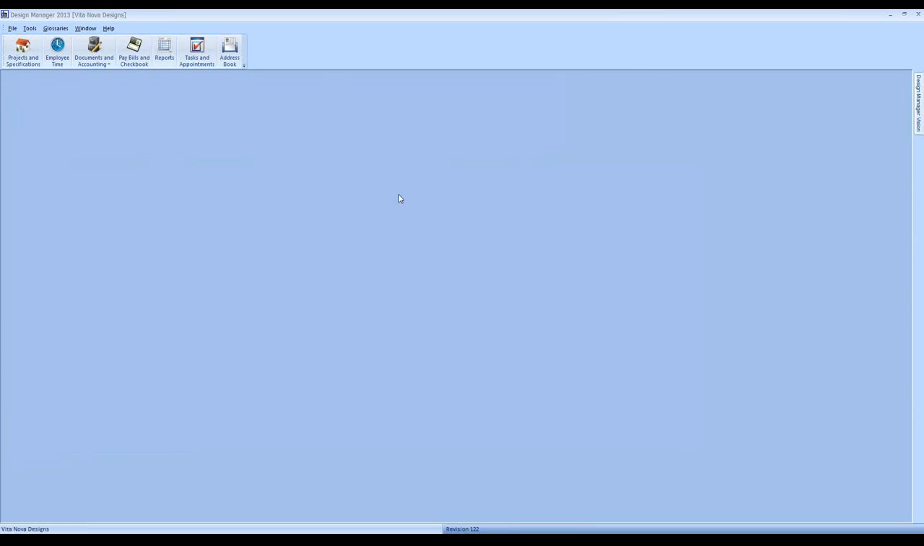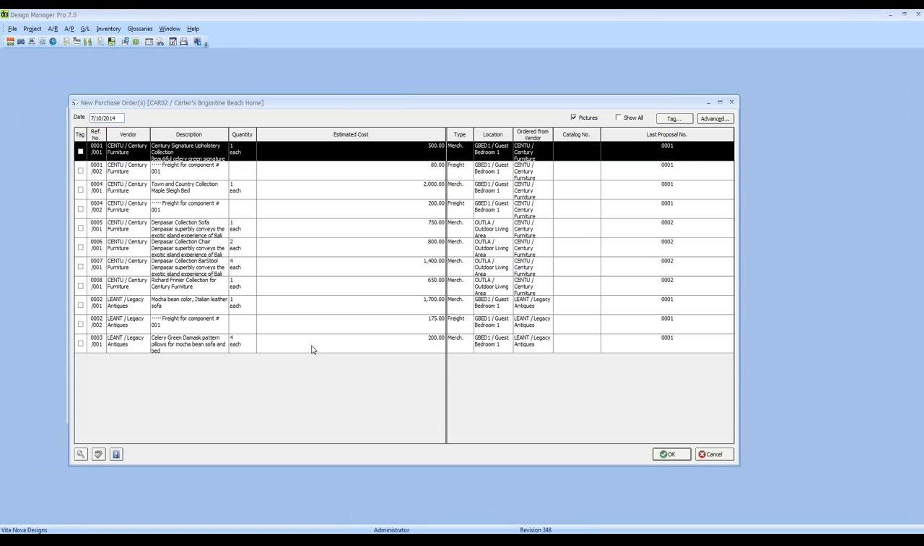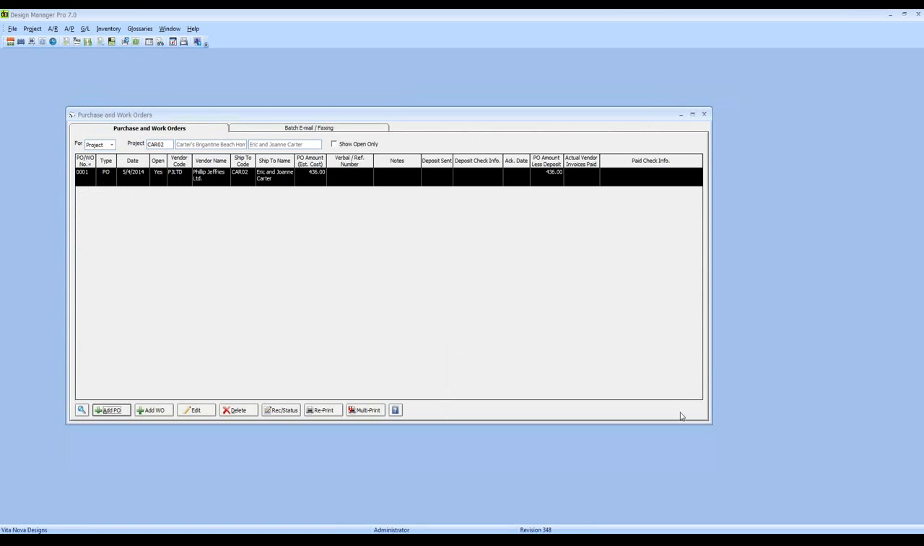Fantastic. Okay, so we spent a lot of time on the Design Manager platform. Let's hop over to Professional for a while, and we'll talk about work orders. So now that we've covered purchase orders, work orders are a little bit more of a complex concept. The work order is a document for a workroom to describe what service, refinish, upholstery, new fabrication or treatment, etc.,